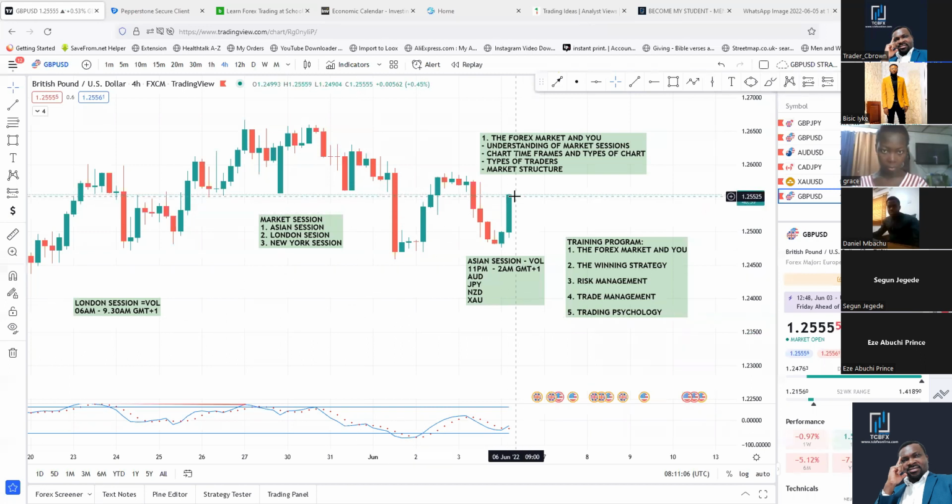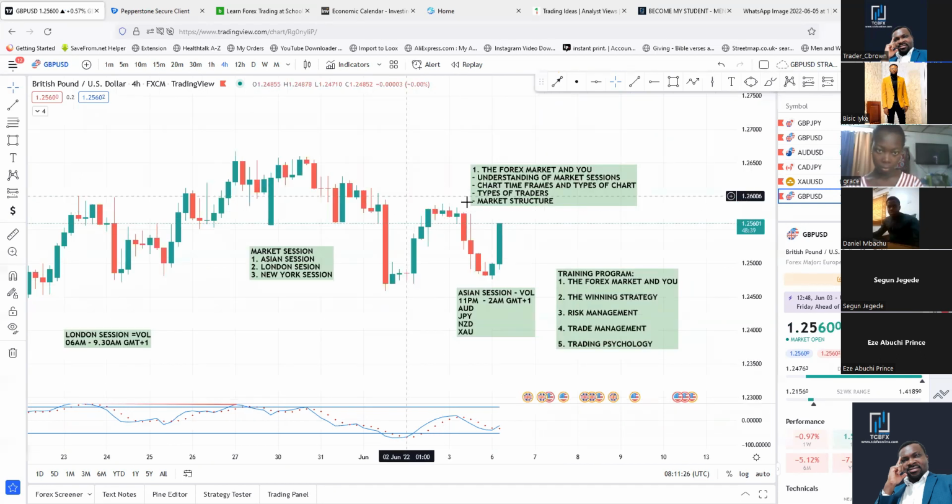Look at the push. It's still pushing up. Volume. No guesswork in this trading, guys. If you know what you're doing strategically, you will be in and out with money. Trust me. And it's going to break this high. It's pushing all the way up to break this high structure.